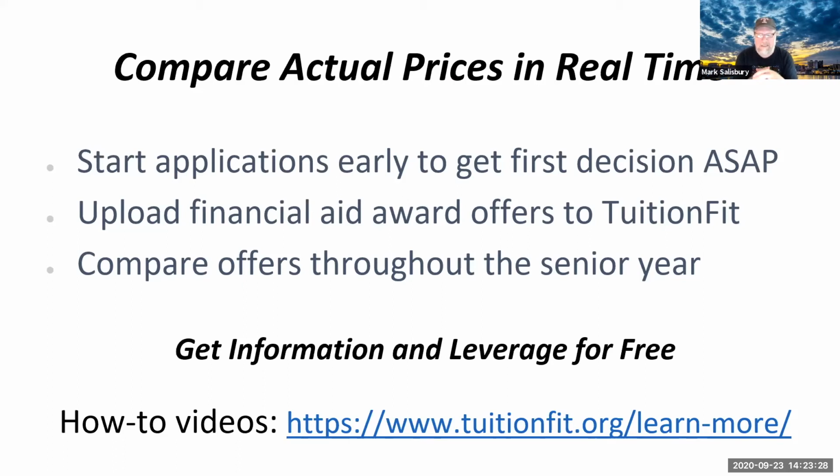So what we tell students to do is find a college that might be sort of maybe on your list, that is going to be affordable, that has rolling admissions, maybe even they waive their application fee for students. Get that application in October. Treat it as a practice application if you really want to, but get it in, because that's going to get turned around and you're going to have a decision from a school in late October, early November. As soon as you get that, you upload it to TuitionFit. And now for the rest of your senior year, you can just watch the prices coming in.